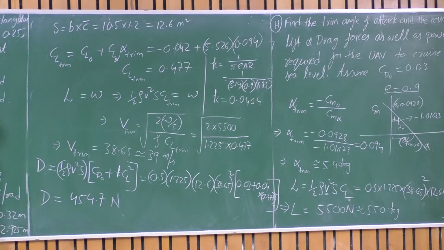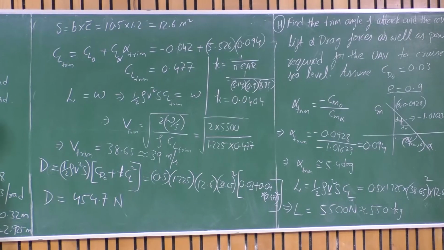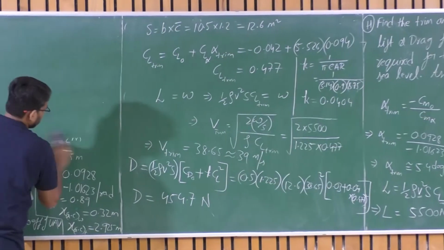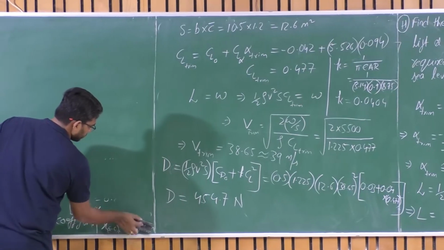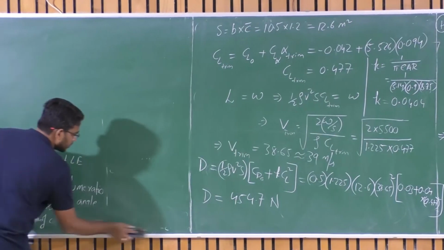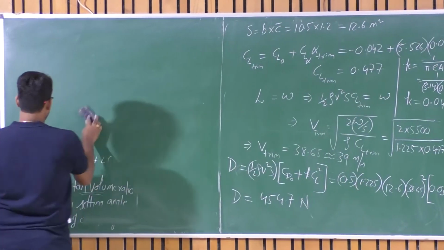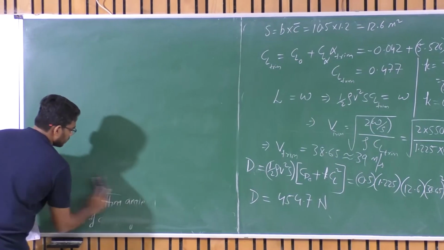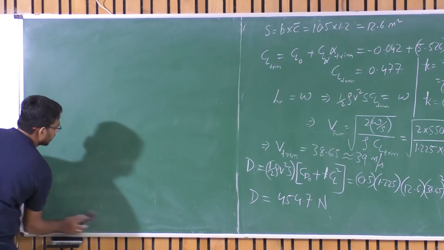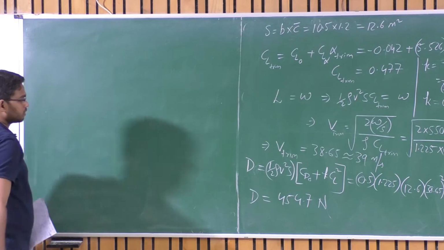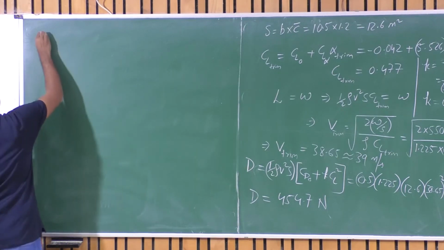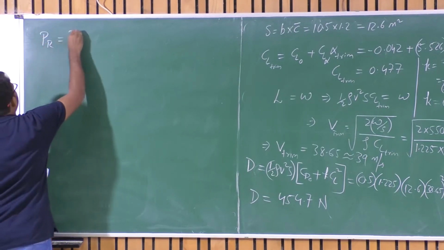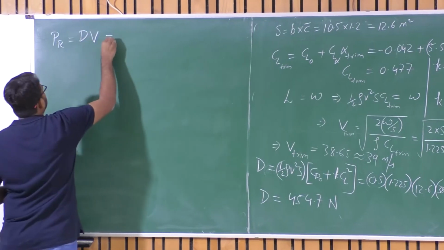If it is a jet engine, we can talk in terms of thrust that needs to be generated. So let us say if we employ a propeller driven engine, then we need to know what should be the power generated by the engine for this particular flight condition. That means we need to figure out the power required by the system, which is drag or thrust required times the velocity of flight.